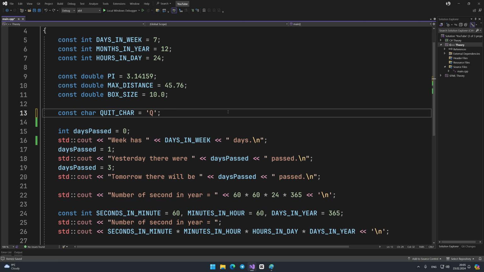Therefore, my advice to you is that if you want to create a variable, then ask yourself the question, will you change this value after it's initialized? If not, then I advise you to make it a constant. Throughout the course, I'll create constants occasionally, so you don't forget about them.